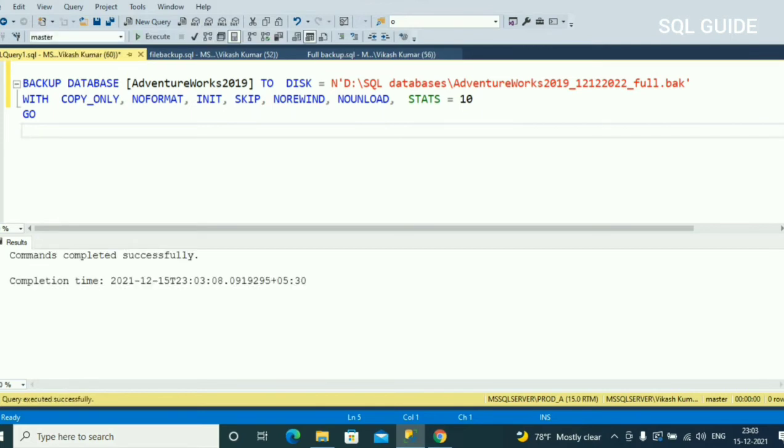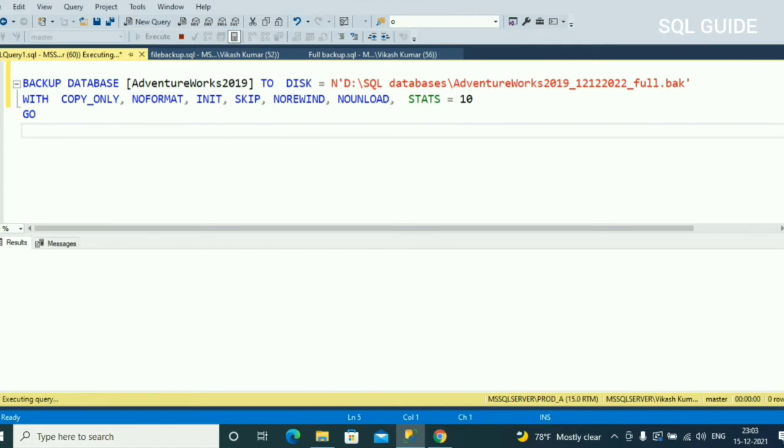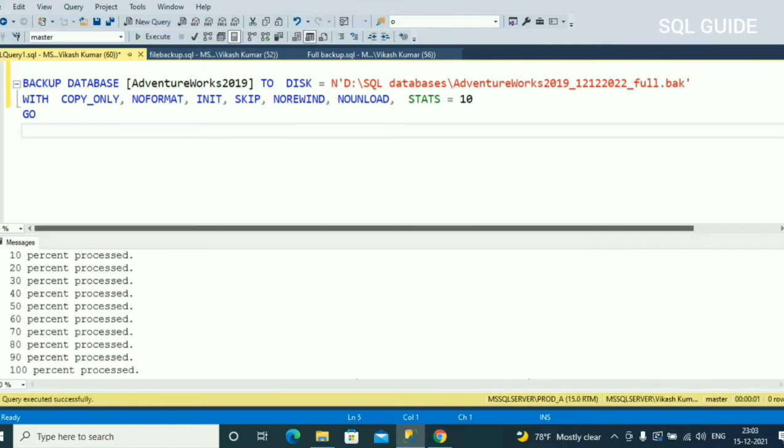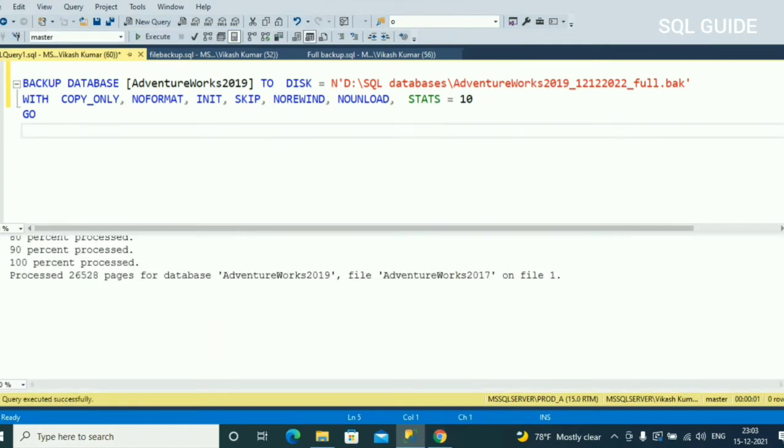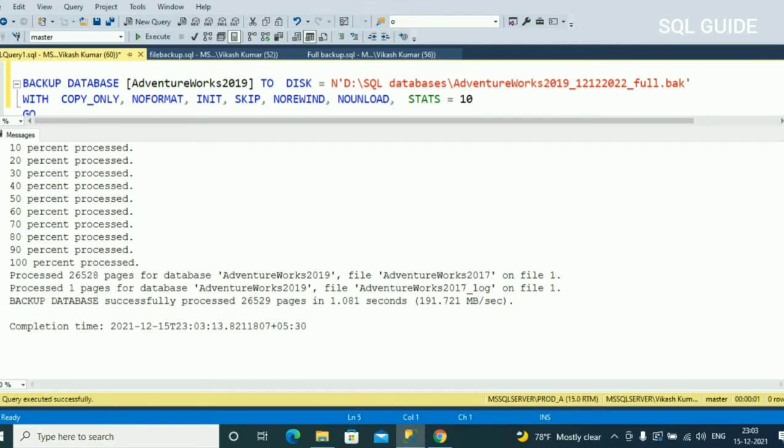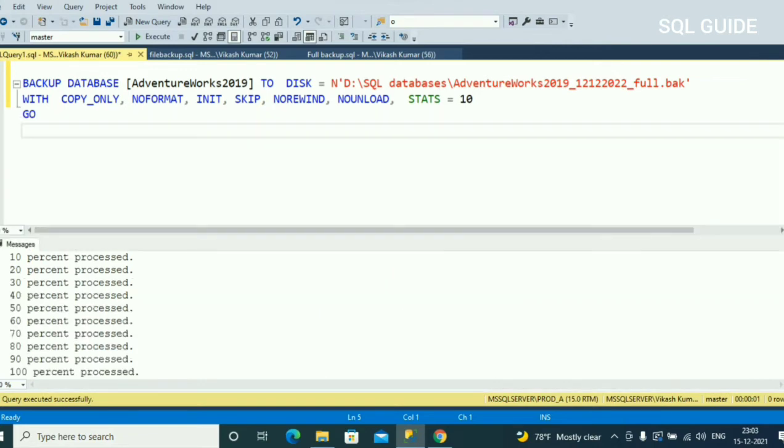Let's see. After running, the copy only backup completed successfully. So in this example, to take a copy only database backup, you have to specify the WITH COPY_ONLY option.